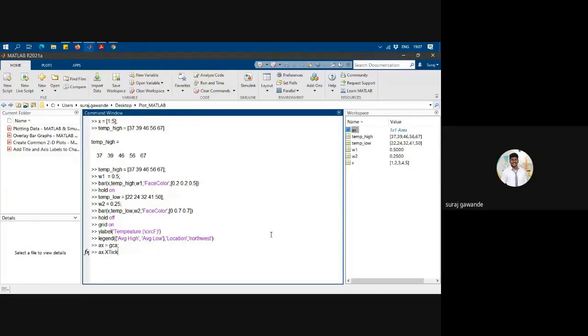Not to y tick. So xtick is equal to, we have a total of 5 ticks, right? So 1, 2, 3, 4, 5, a semicolon, then x dot, we have this xticklabels is equal to